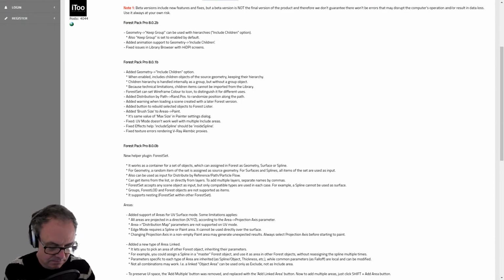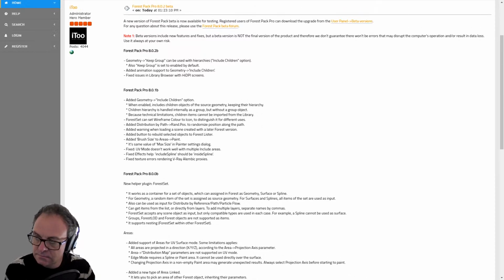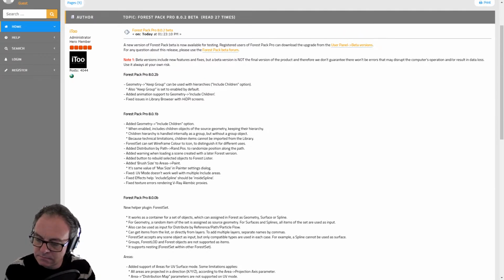And in addition to that, we are being ambitious and we would like to release a major version of RailClone before the end of the year. This is something we're going to try. We can't assure the whole thing, but for sure you guys will have a new major version of Forest Pack, that's Forest Pack 8.